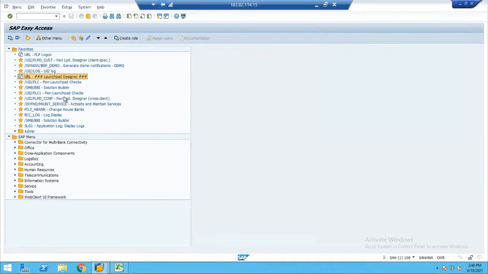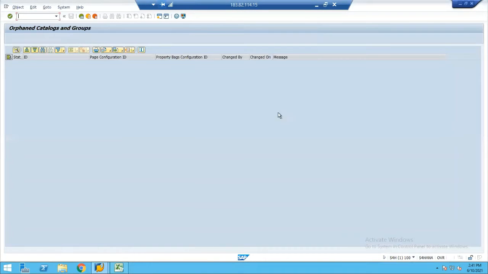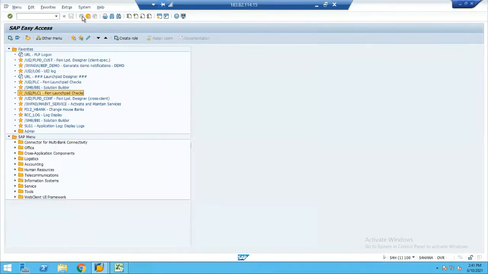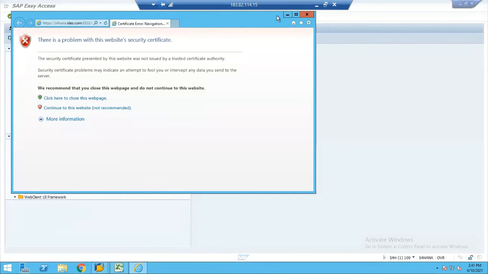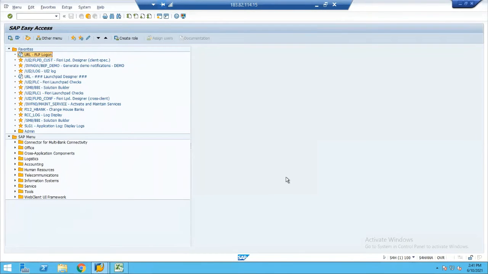Now, we have the Fiori platform, which is totally driven through a web portal. Once you have the system, I can show you. But this one, they didn't clear the certificates, so it's not available. As soon as you get the system, I can show it to you. So it is completely web driven.